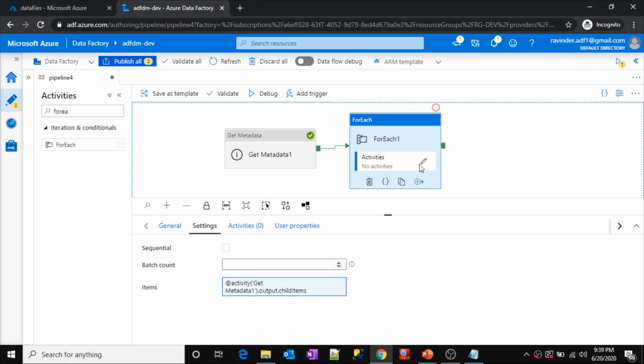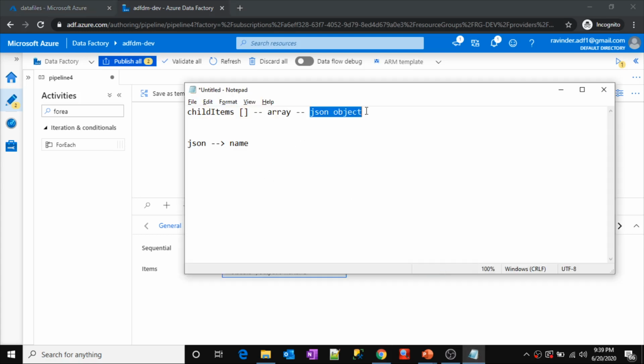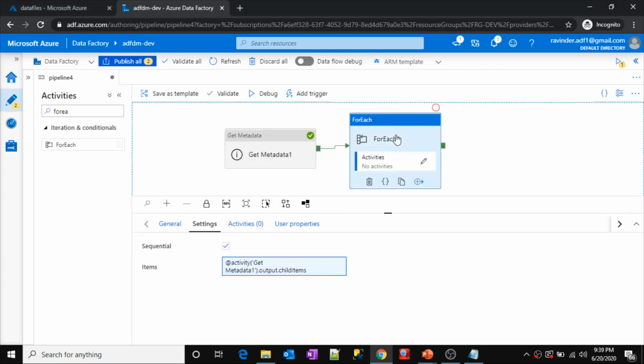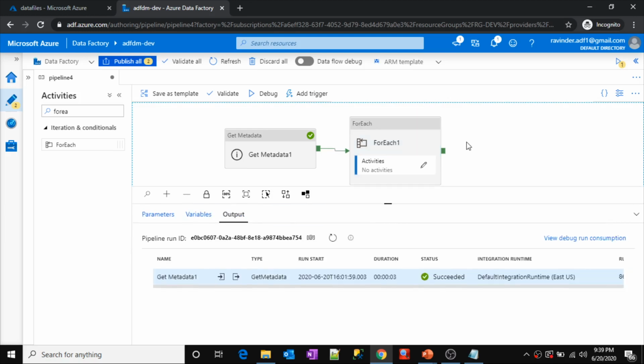So now let's do one thing. Let's make these iterations sequential. That means take each value from this particular array. In our case, our array contains basically JSON objects, right? So take each JSON object, perform an iteration, and then come back to this array once again and take the next JSON. So it will be in sequential order. When I choose this sequential, it is going to be sequential order. Now let me click on this pipeline scope.